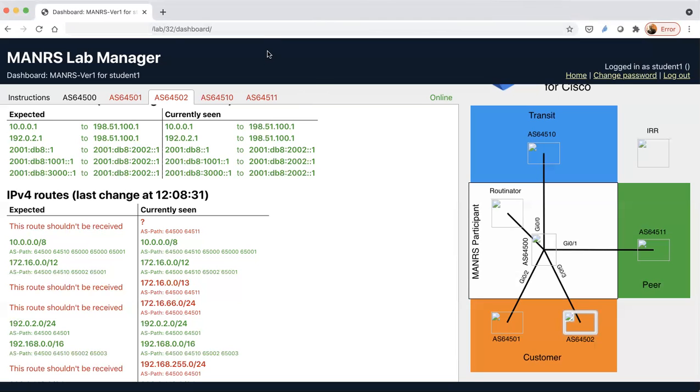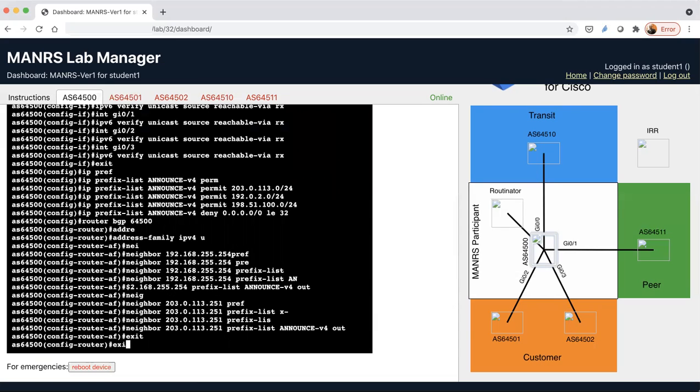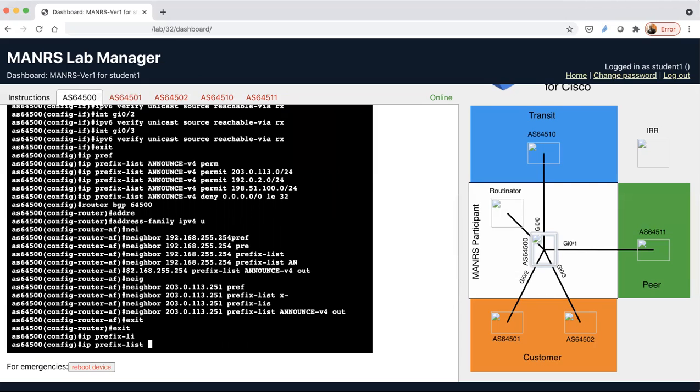Now I am going to look at what I am receiving in terms of prefix. So remember, I'll start with the peer. The peer should not announce any IPv4 prefix to me, okay? So I'm going to create a prefix list for that. So I'm exiting this. I'll say IP prefix list. I'll call it